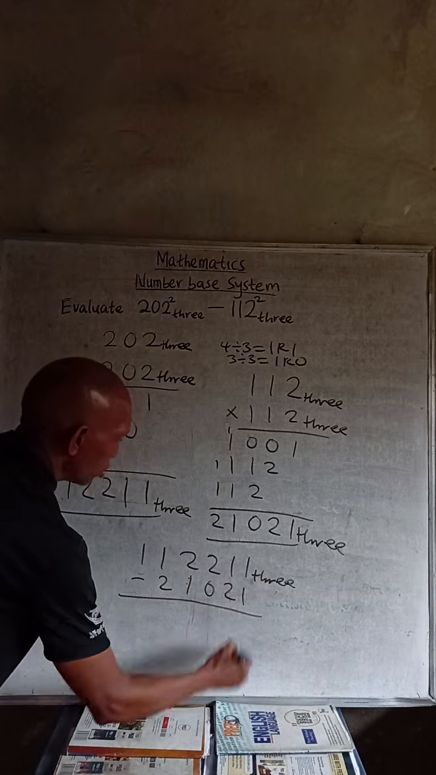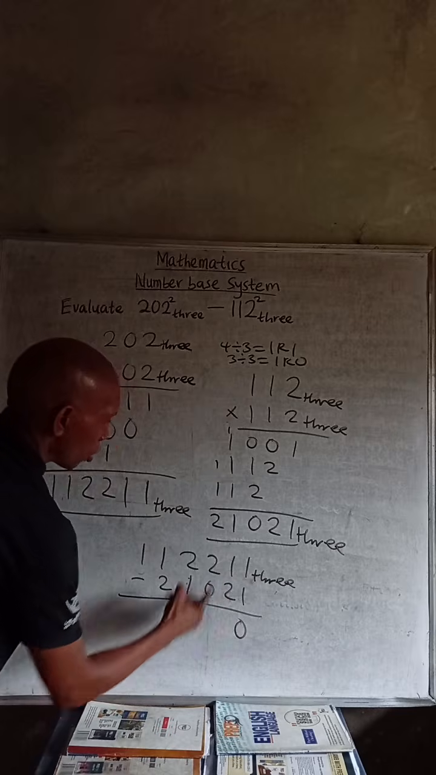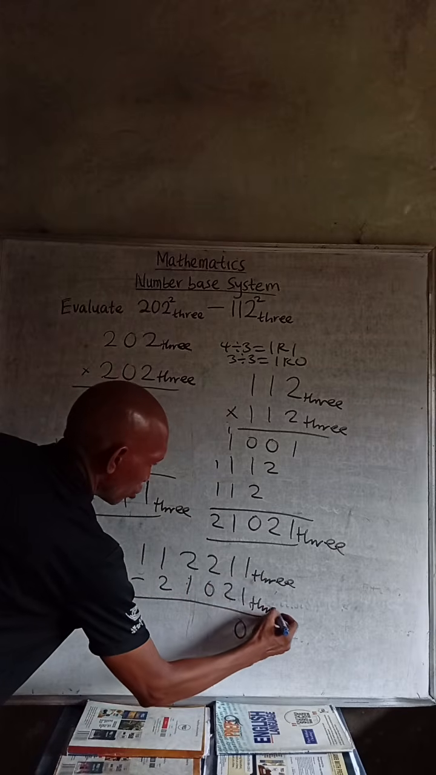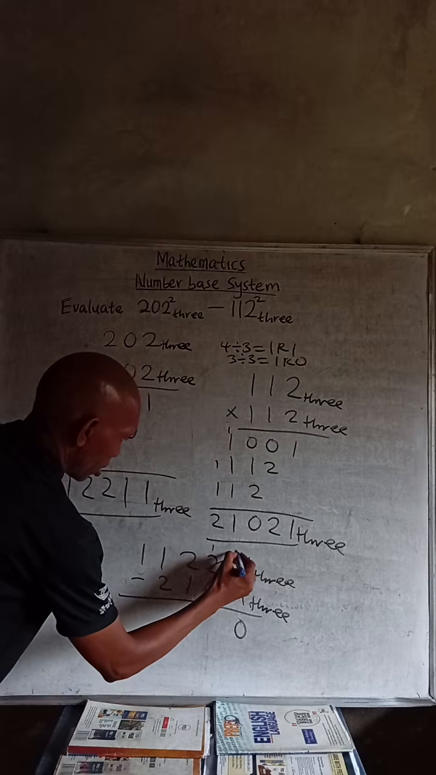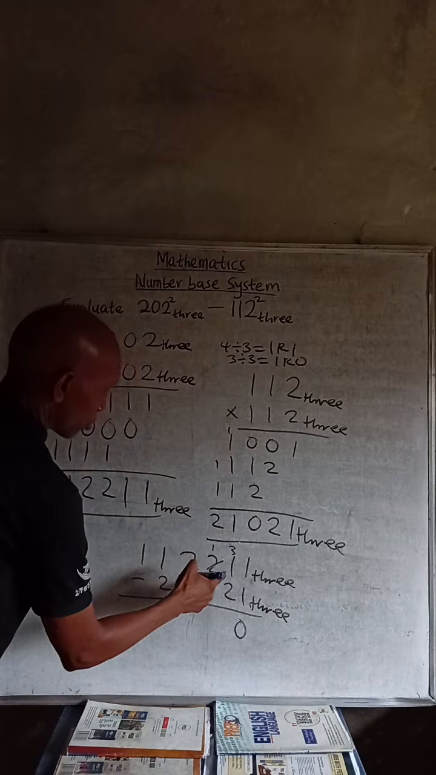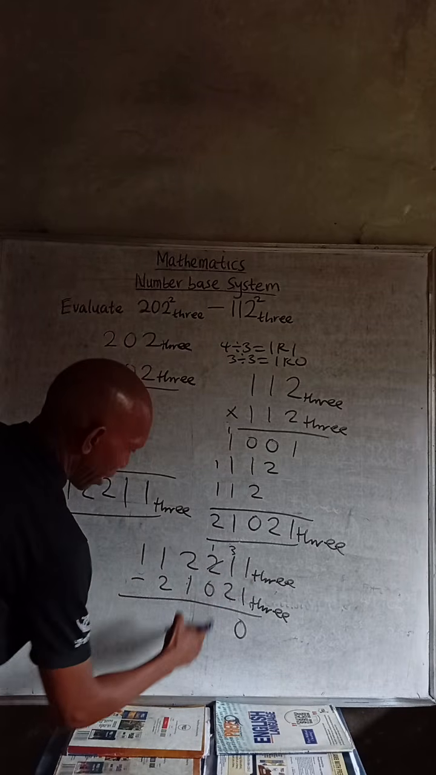So let's subtract. 1 minus 1 is 0. 1 minus 2 cannot. You borrow 1 from here. The 1 you borrowed is the base. That is base 3. That is 3. 3 plus 1 is 4, plus the minus 4 minus